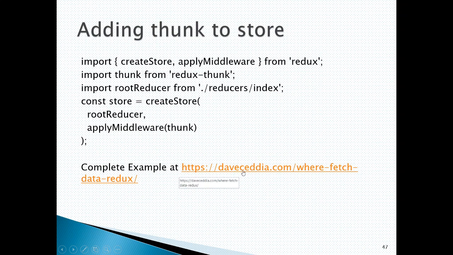You can see the complete fetch example here, where thunk has been applied on the fetch request. You can apply this thunk to the fetch request to get the data, and while it is waiting you can show some other component, etc. All these concepts are available on this link. You can use this link. We will explain this link in our QA session also.